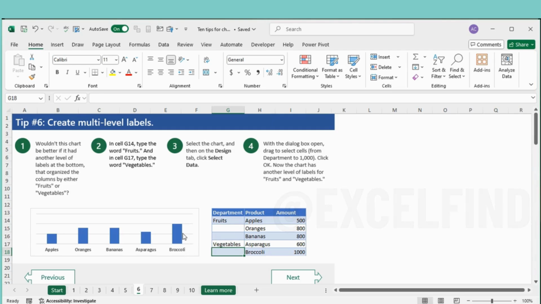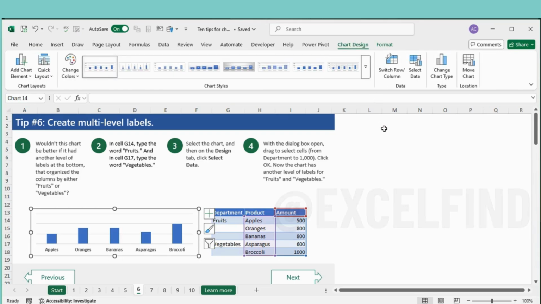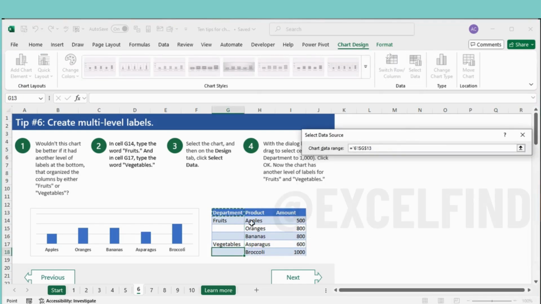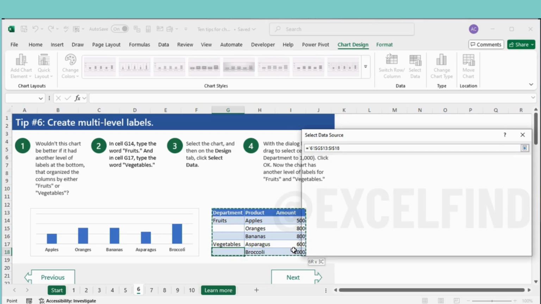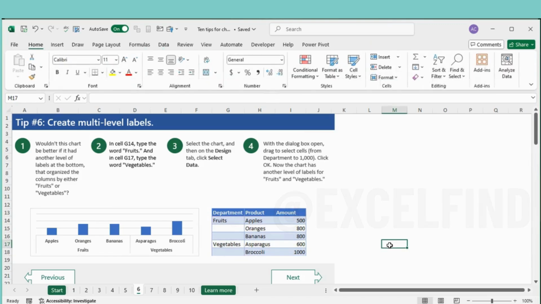Now select the chart, go to the chart design and select data. Now select the complete table range from department to end. Press OK. Now the chart has another level of labels like fruits and vegetables.